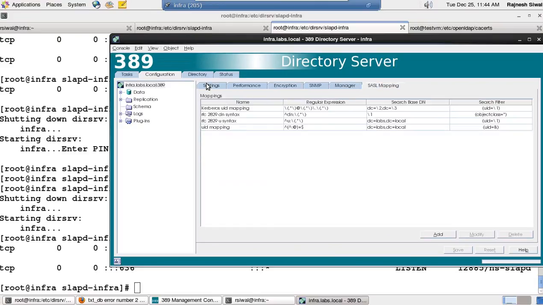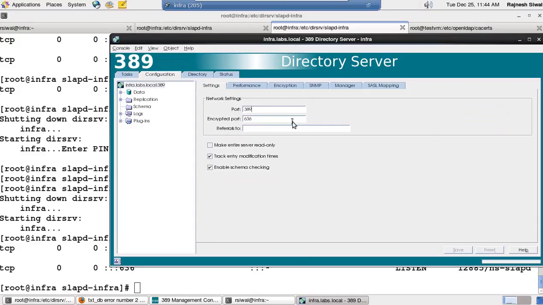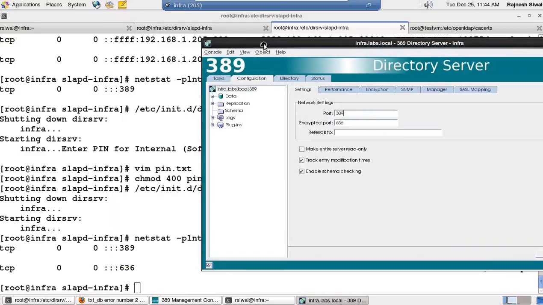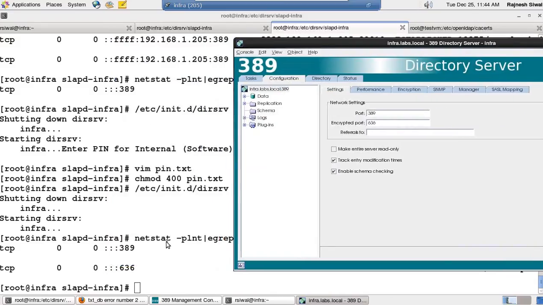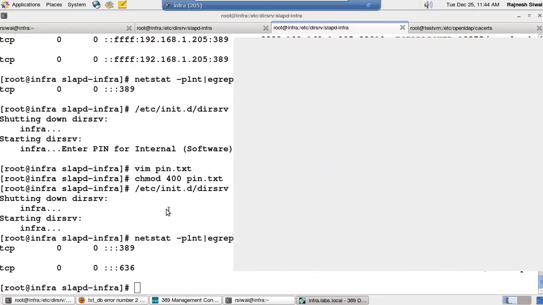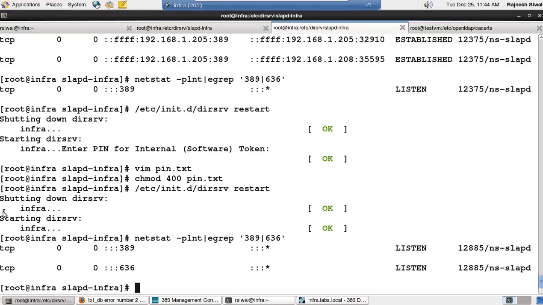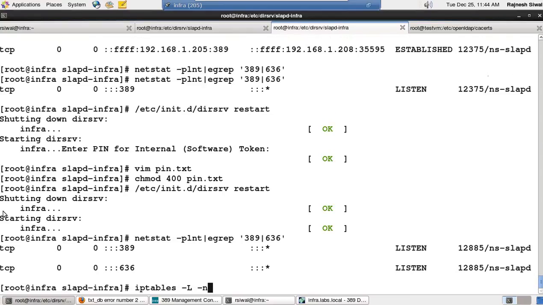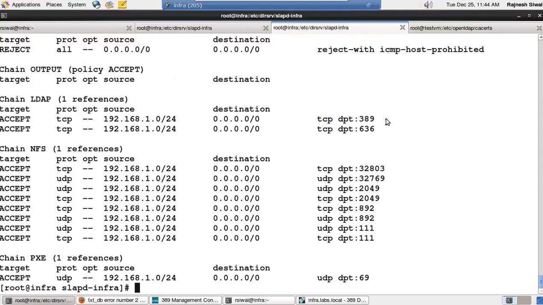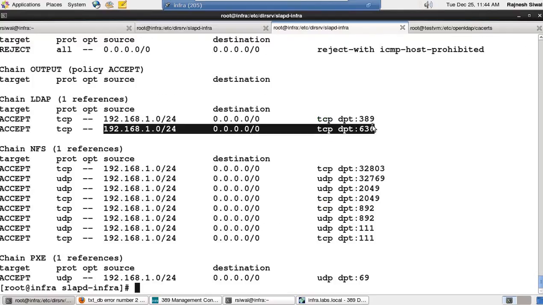Nothing else is required to be modified as of now. Okay, now the directory server is listening on 636, and let me see whether the firewall rules allow the traffic to it. Yes, firewall rules already allow traffic to 636,